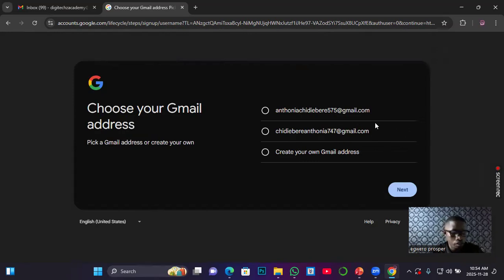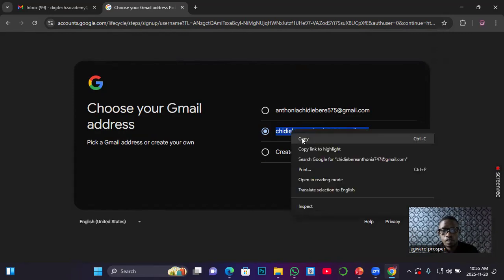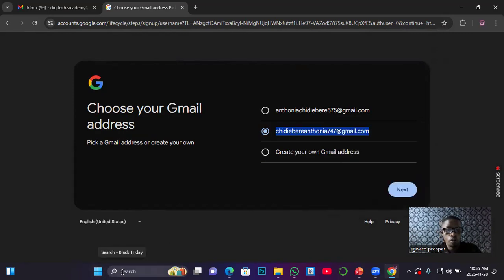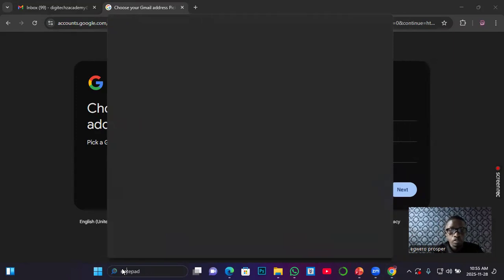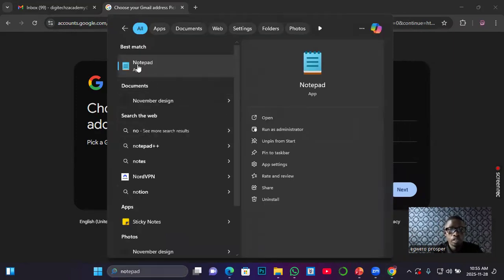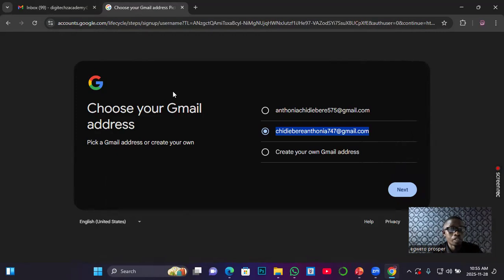Which one are we picking? The second one. Okay, so write it down. So let me take it. What you normally do is this: you come here and open a notebook like this. Just type N-O-T, then it will be Microsoft Word, you understand? Just to be documenting everything, so I don't forget.